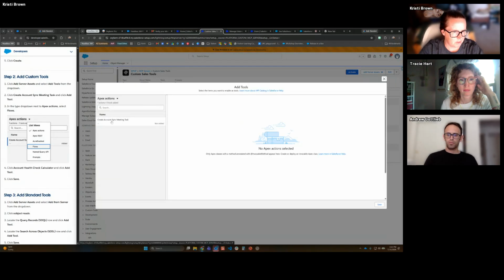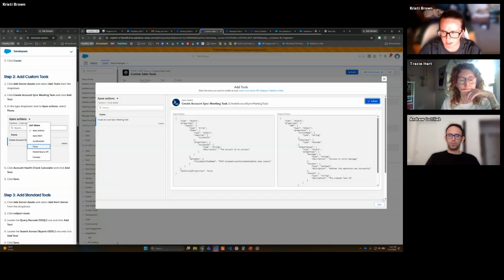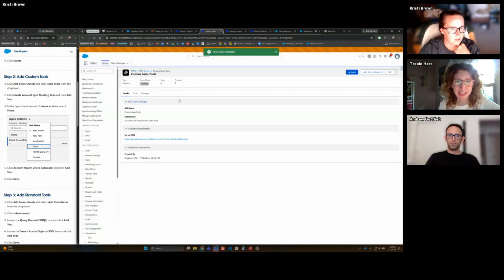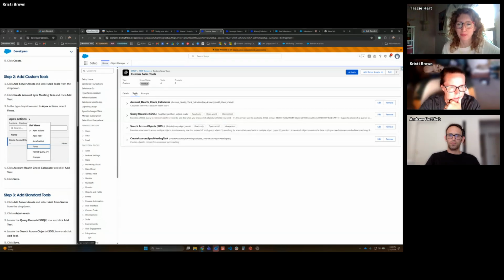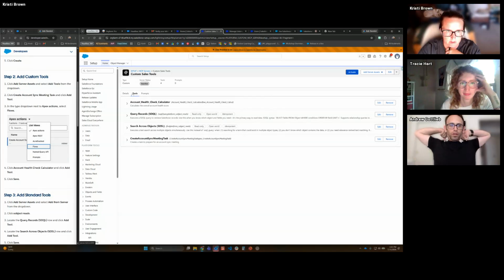And we are going to give it this Create Account Sync Meeting task. Once you click that, you're going to click Add Tool. It's going to add it, and then click Save. Make sure that part saves, because that did not for me, and it created a problem quickly. So once you think it's saved, maybe click on this Tools tab and see if you have this Create Account Sync Meeting task,